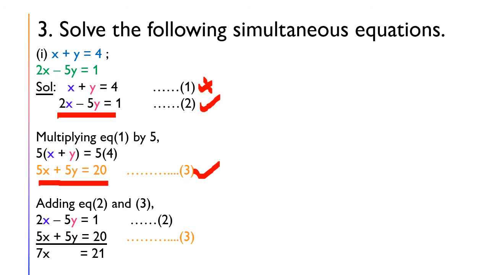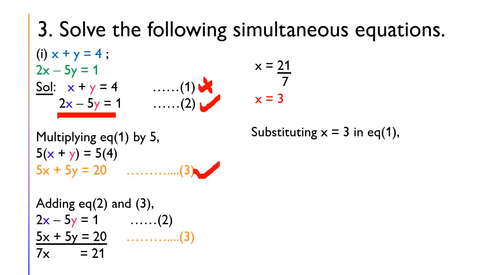Now we are going to write down the value of x. x will be equal to 21 upon 7. When we solve this, we'll get x is equal to 3, and then we'll substitute this value of x. So we have got x here, so we can substitute the value of x wherever we want. We can substitute in equation 1, equation 2 or equation 3, wherever we wish. I guess equation 1 is easy to substitute, so we substitute it in equation 1 and we get it as,